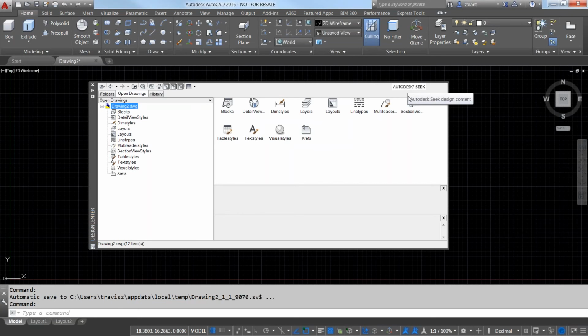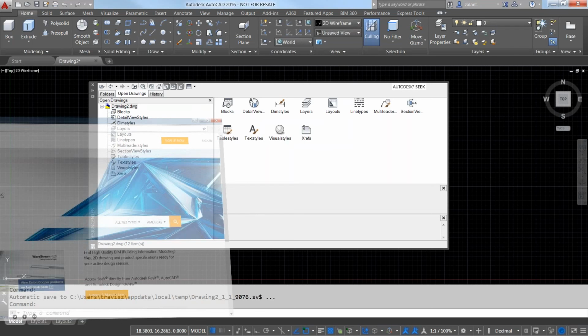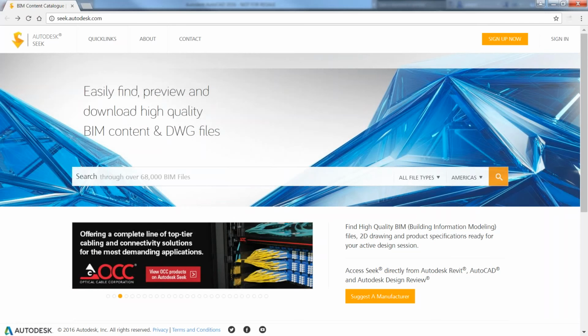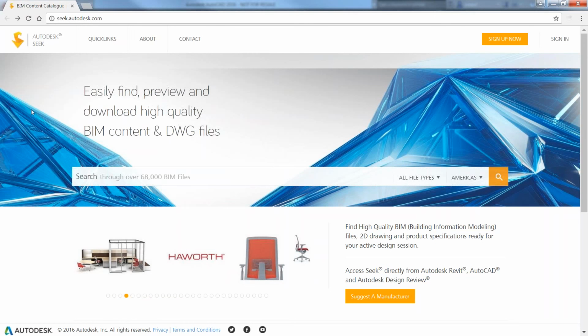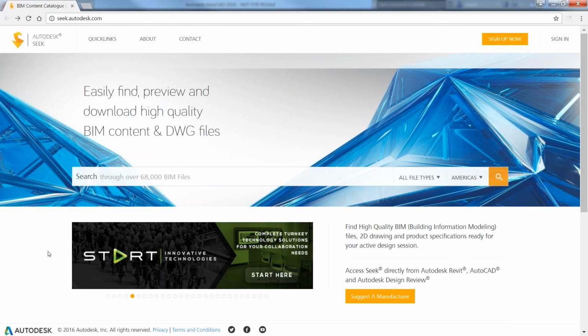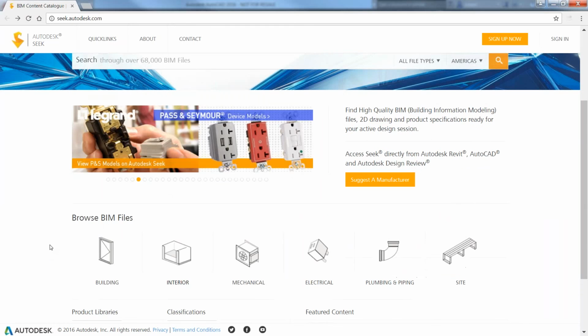If you click on this, it will launch your browser, and it'll take you to seek.autodesk.com. Of course, you can mark that as a favorite and just go in your browser to it independently of AutoCAD, but it's a nice little link from within Design Center. With the Seek website, we took all of the stuff that used to be on the DC Online FTP server and more, and we put it together in a much more user-friendly, searchable